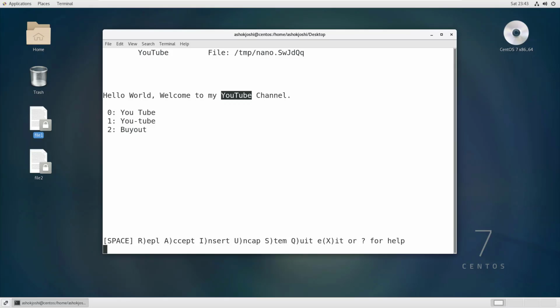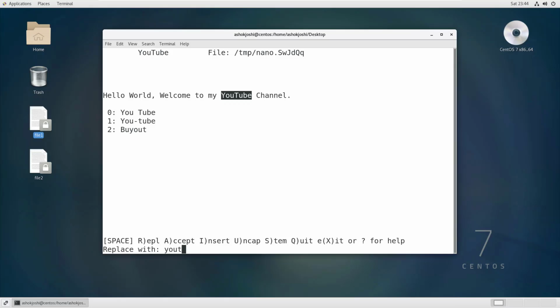Okay, so what we will try to do here is replace a particular word. If I hit R here, it is asking me replace with. It has found here that the word YouTube is not correct because of this T. After this OU, which is small, this T is in capital. That's the reason it has checked and it has asked what you want to replace it with.